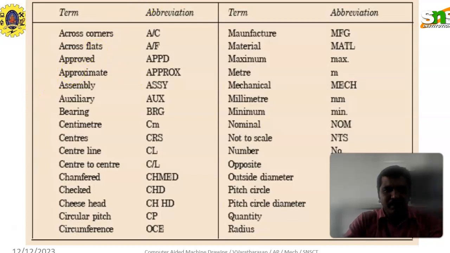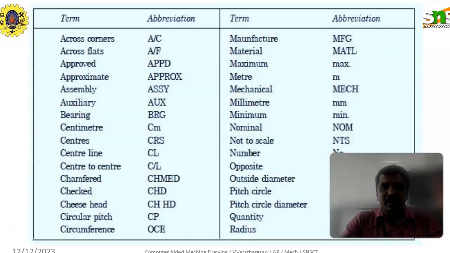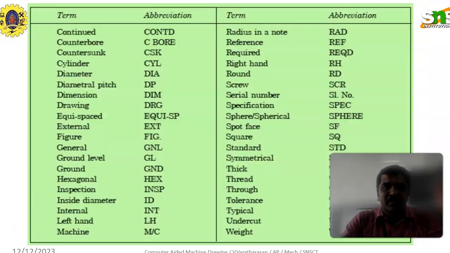Likewise, circular pitch, circumference, manufacture, material, maximum, meter, mechanical, millimeter, minimum, nominal, not to scale, number, opposite, outside diameter, pitch circle diameter, quantity, radius, continued, counterbore, counter shank, cylinder, diameter, diametral pitch, dimension, drawing, equispaced, external, figure, general, ground